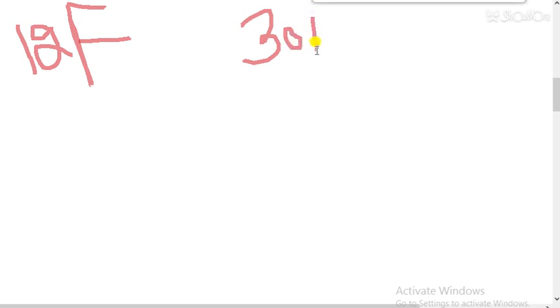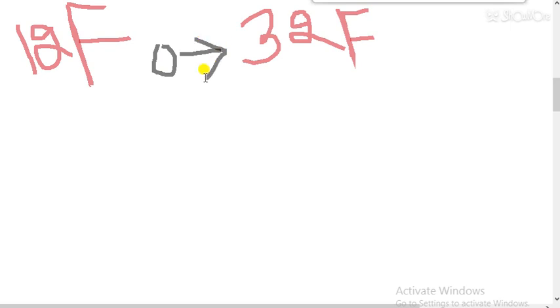12 farad capacitance I have, and I have to obtain, let's suppose, 30 farad. I am not taking 30, let's take it as 32 farad, because in the 30 case the answer will be 4, I think. So now I have to obtain 32 farad, and what value do I have?